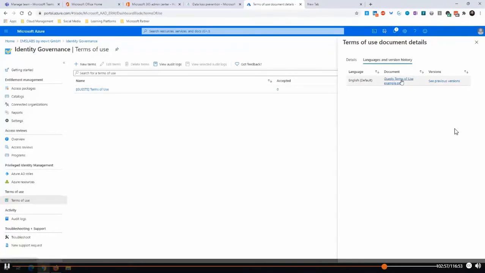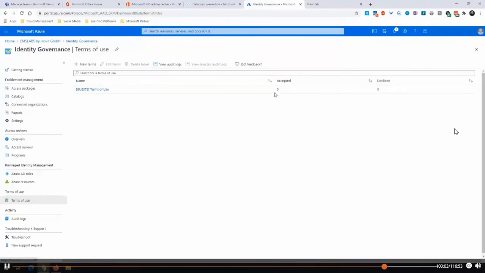You can also use that. I put here a PDF file for this specific scenario. There's also reporting for accepted and declined ones, so that you really have it in place. You can also do that over the audit logs itself. So it brings you a great capability to have terms of use that a user needs to accept specifically.